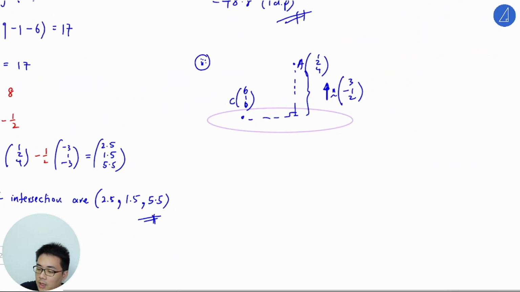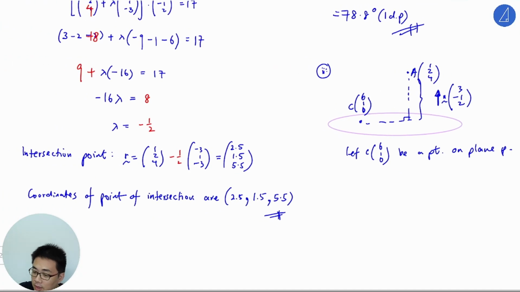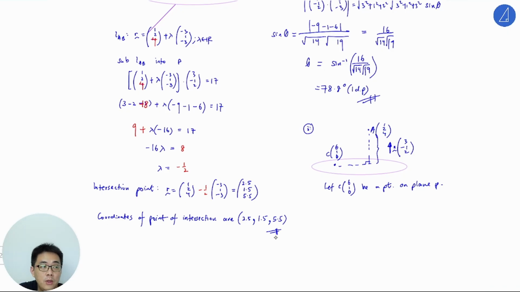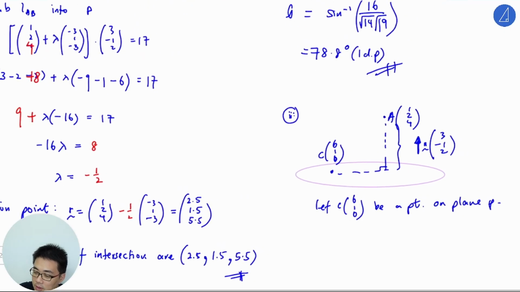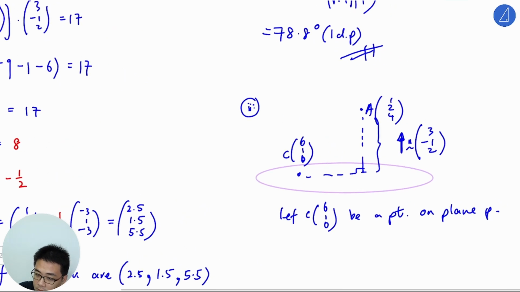Okay. Then I let C (6, 1, 0) be a point on the plane. Okay. Just a random point would do. You can use the intersection point, but I don't want to use that. So this is the triangle I'm looking at. The angle that we're looking at is here. Just remember, this one and this one sandwich. And because I want to find the adjacent side,